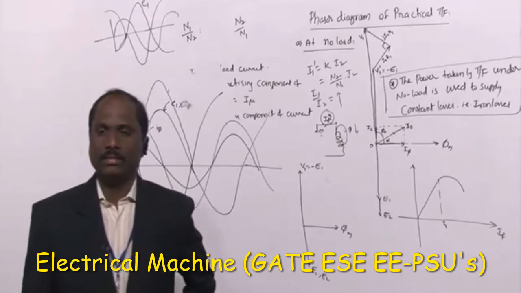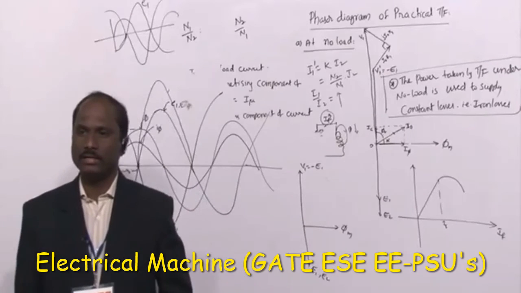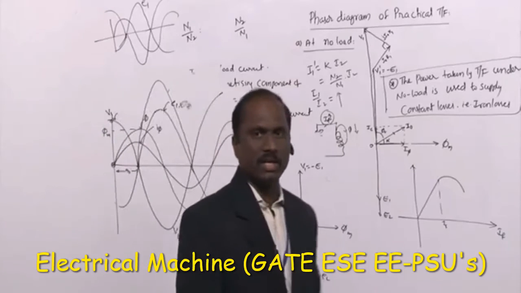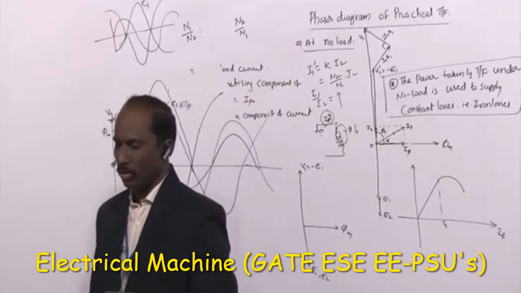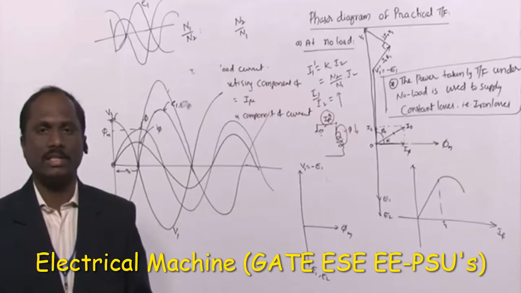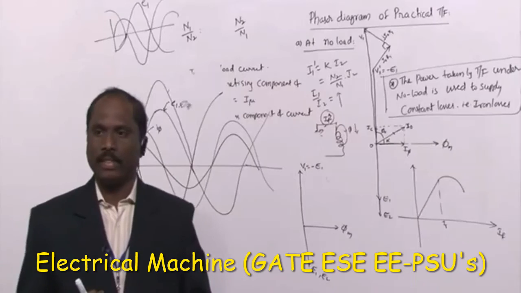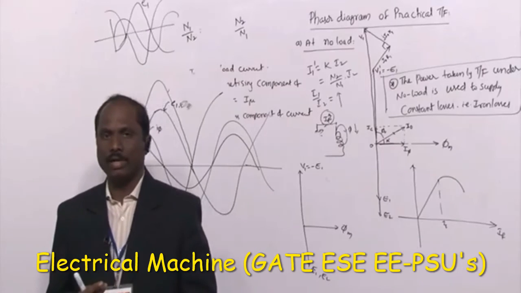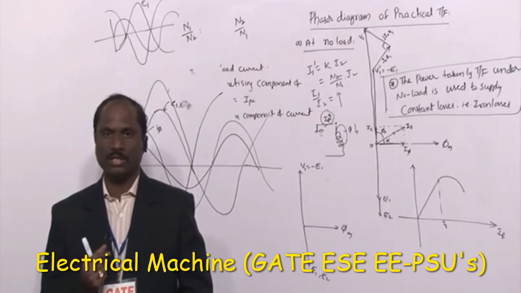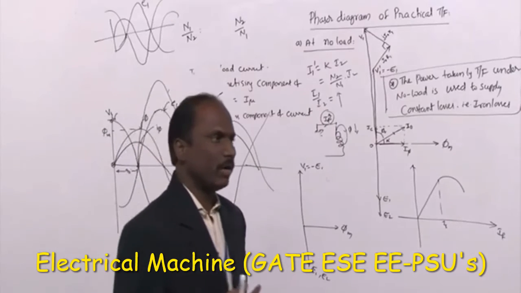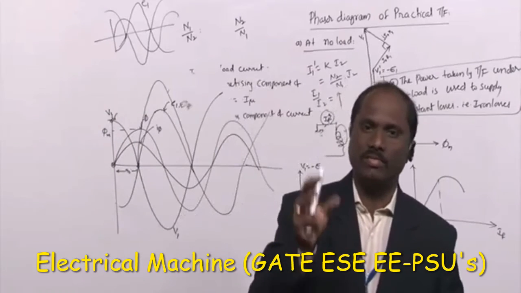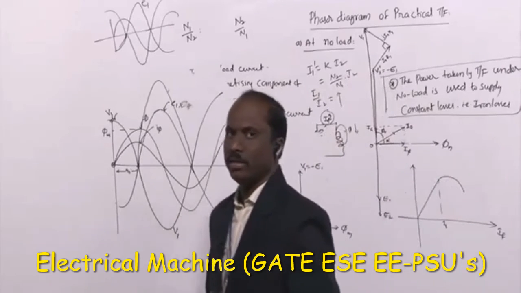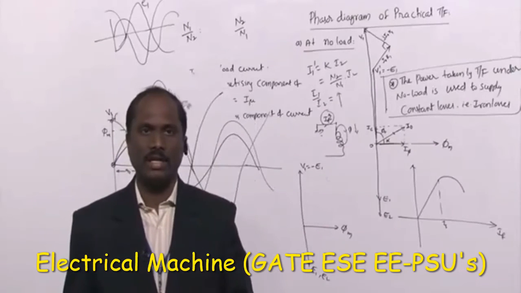Okay. Now the phasor diagrams for the under-loaded condition. We are going to take the phasor diagram for the under load condition. In the previous case, we took the phasor diagram only for the no load condition. Whatever no load current is there has two components. One is the magnetizing component, the second is the core loss component, right? The core loss component is only the loss in the core in the form of heat, that's all. The magnetizing component of the current is only to develop the magnetic flux, which is called the magnetizing component.